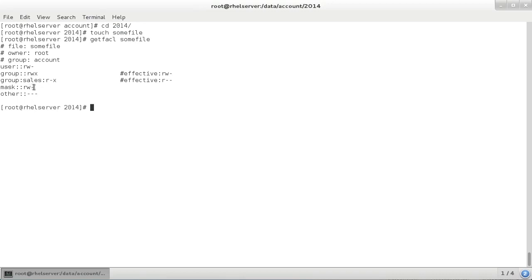So default ACL tells you that the group will get read, write, execute permissions, but because of the mask the effective permissions are read and write, and it also tells us that sales would get read and execute, but because of the mask sales would get read, and others have nothing. And this is basically how ACLs work. I haven't started on the sales, I haven't done getfacl on